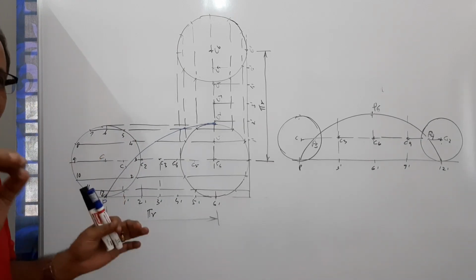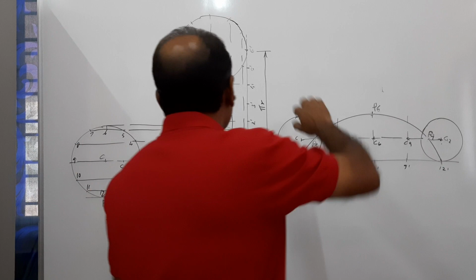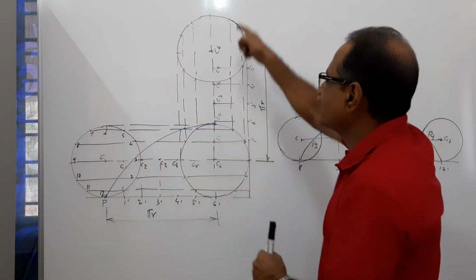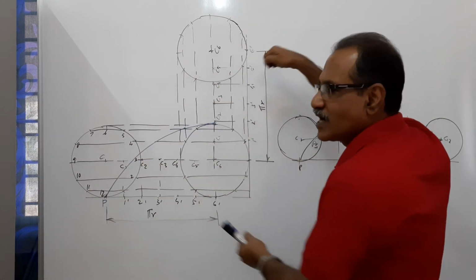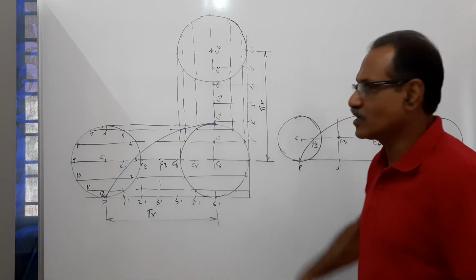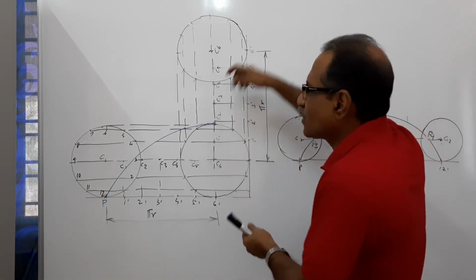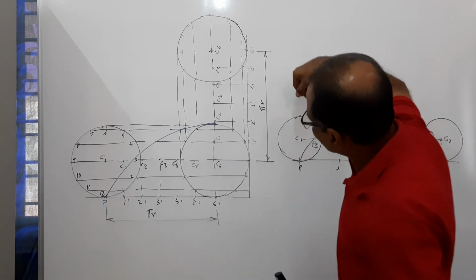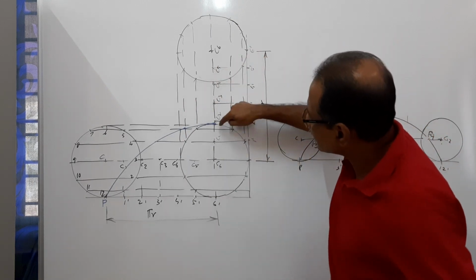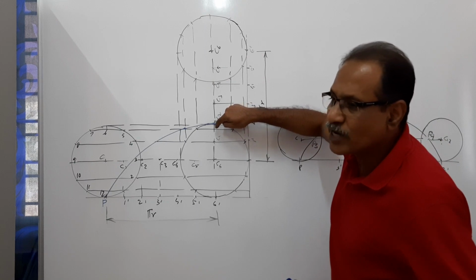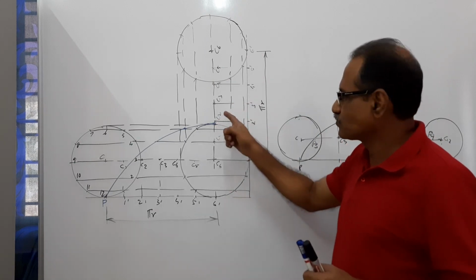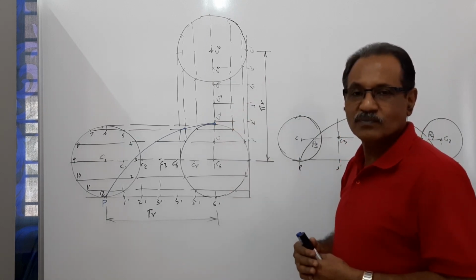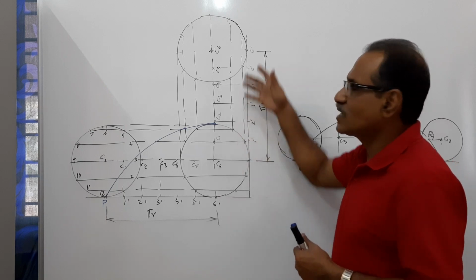Now, the best thing to do is rotate your book and make this vertical position horizontal. Rotate your book and make this part horizontal and analyze, or analyze from this side, looking from this side. Where is the tracing point P? Tracing point P is on the right side, on the circumference. It has to roll another half.